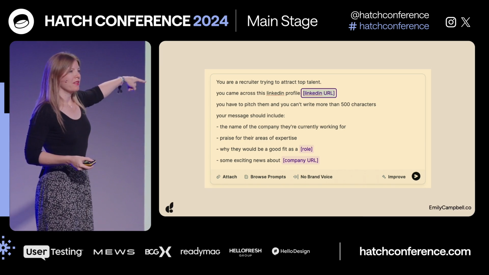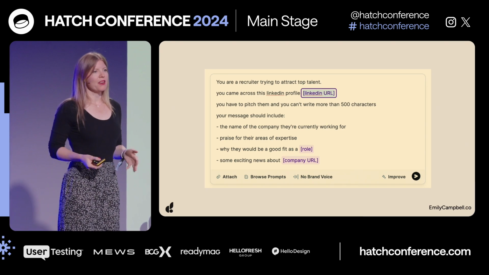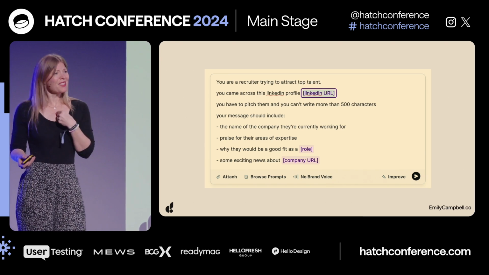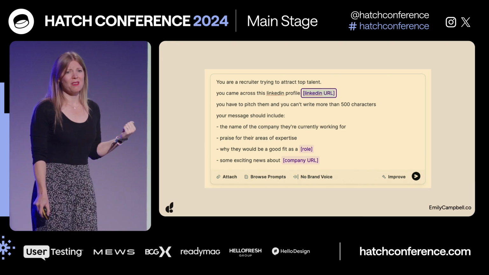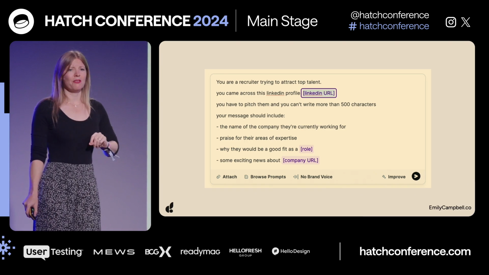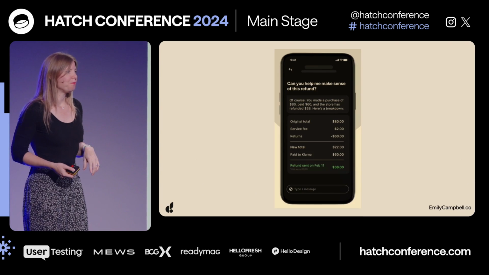What's happening here, this is copy.ai, is they have an entire template library, and you can create your own, to just help somebody complete a task more easily. This is something that somebody has to do. This is a real pain in the butt. Well, now the technology can let me do it easier just by putting some basic information in there. And I can see the prompt that's going to go to the computer.